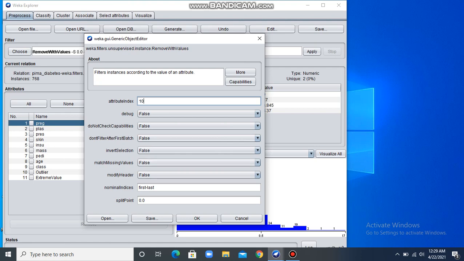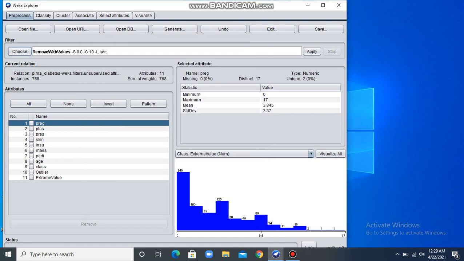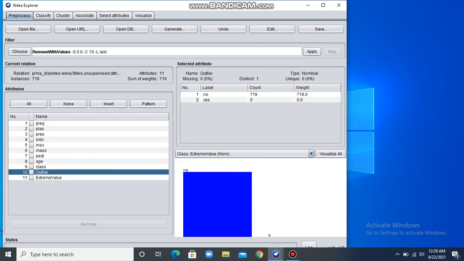And the last thing is the nominal indices. I'll click OK and then I'll say apply. If I look over here in the visualization part, you will see that now all the outliers are removed.